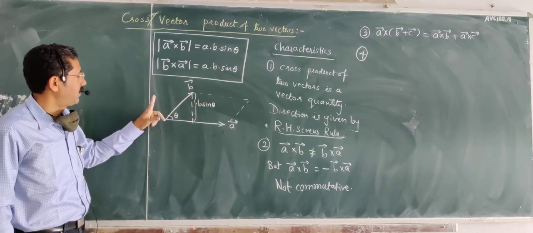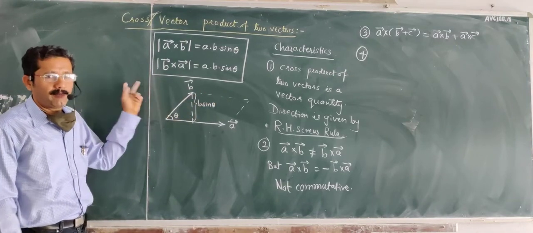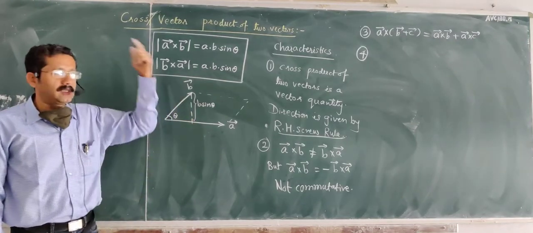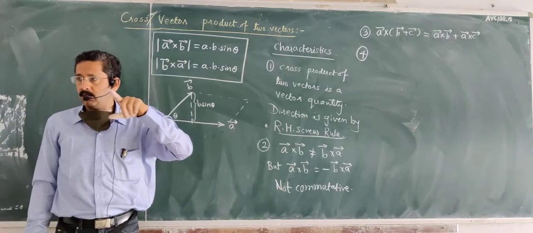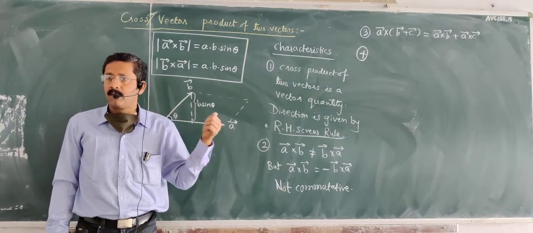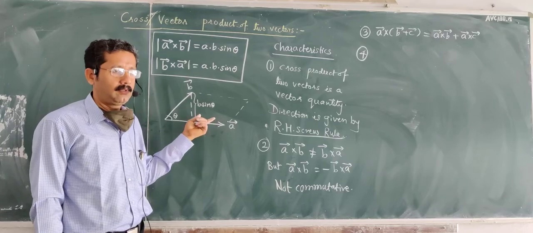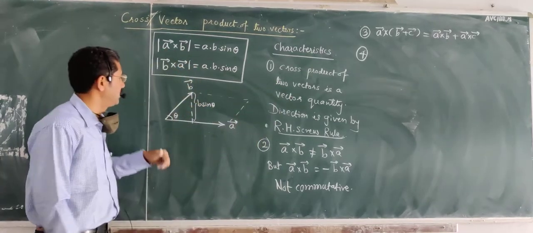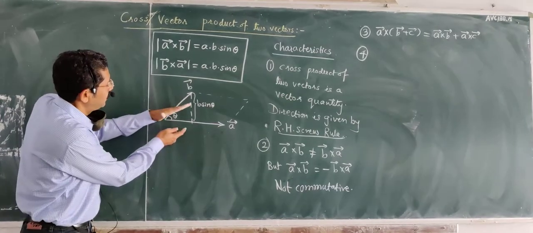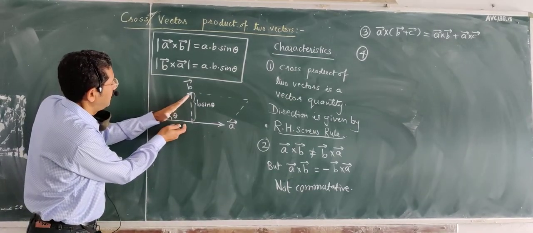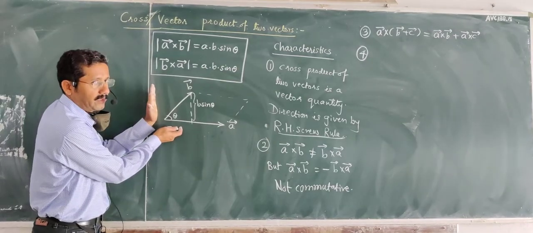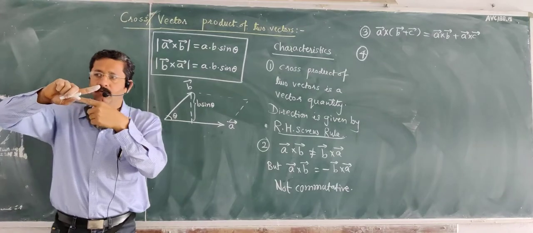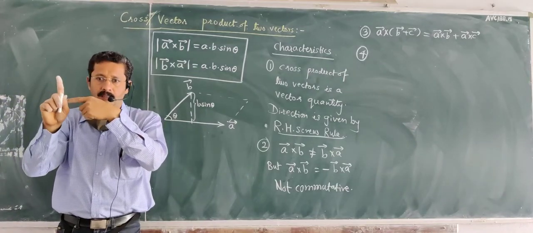So whenever two vectors were at right angles to each other, A and B, if at all they were perpendicular, your theta was equal to 90 degree and cos 90 in that case was 0. And that is why the dot product was 0, or the scalar product of two vectors was 0. Here what is going to happen is that if at all your vector B, its inclination starts and it becomes perpendicular to vector A like this, your parallelogram is now slowly going to become a rectangle.